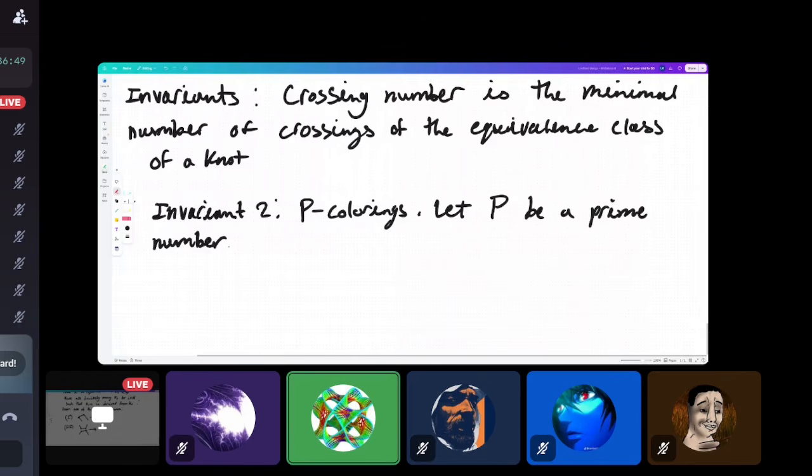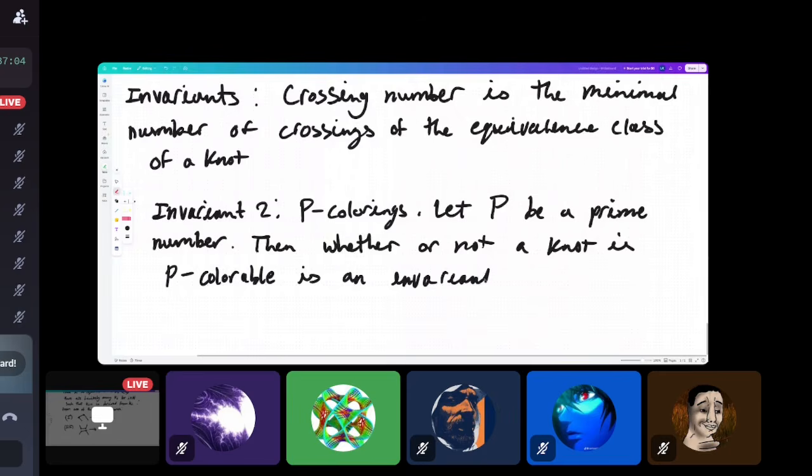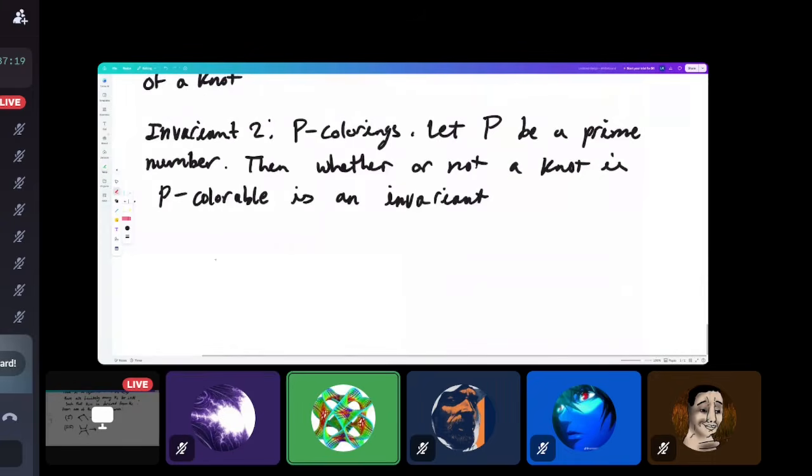Then whether or not a knot is P colorable is an invariant. Okay, and this goes to exercise. Exercise 4 proves that